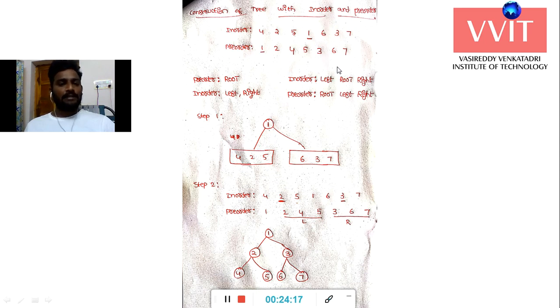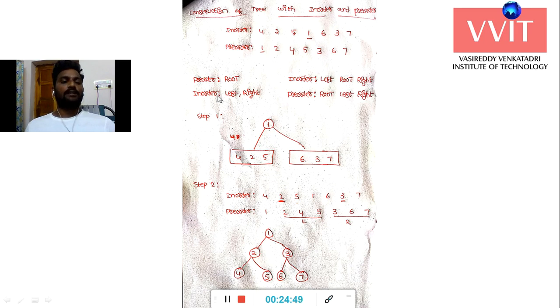Exactly here also, based upon the given input values, we construct a binary tree. Here also, how to traverse a given binary tree in in-order fashion? First visit left, then root, then right. In pre-order fashion, first visit the root node, then left and finally visit the right node. Here also, how to find out the root element in the given input values? The root node can be found in pre-order fashion. The left and right children of the root node can be found